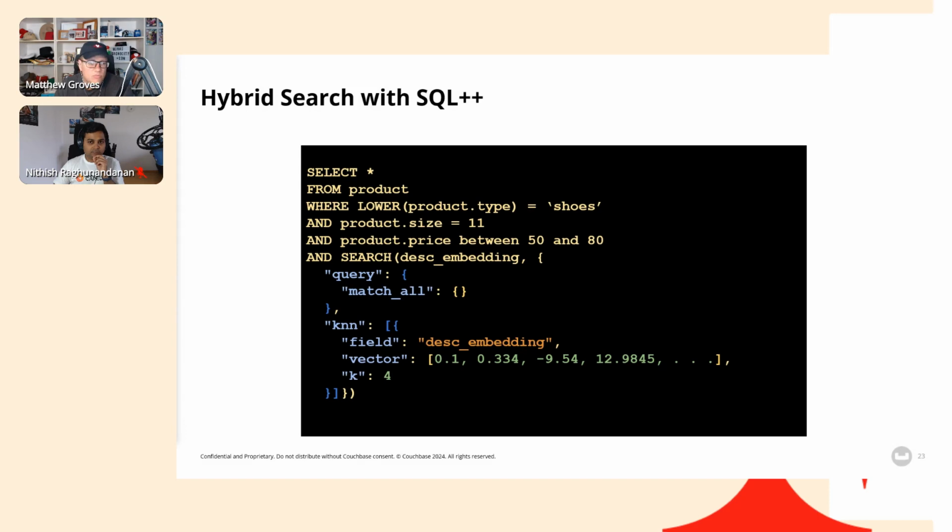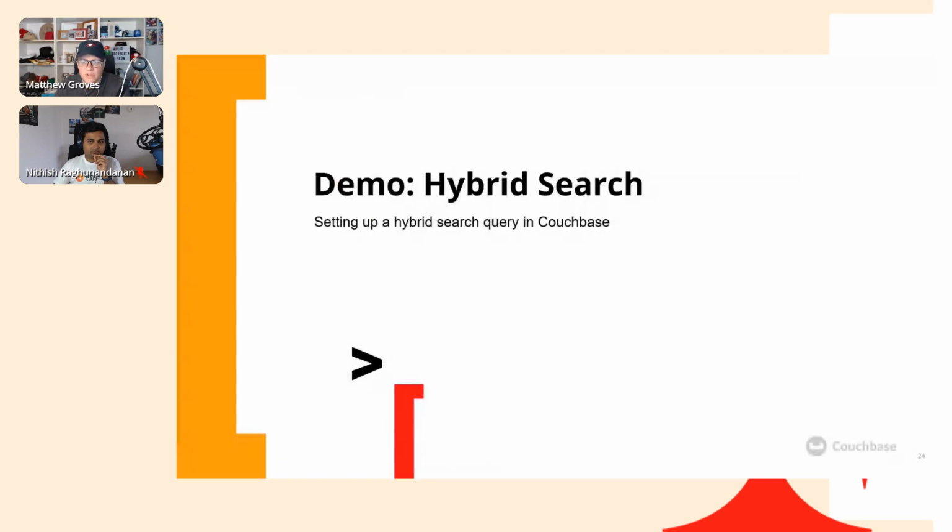So this is one approach you can take to reduce your cost and reduce your complexity: a hybrid search. This is our last demo of the day. We're going to show a hybrid search, which I think will include searching for movies by text that's close in meaning to the movie synopsis, and we're going to add a year range on there with a non-vector predicate to show both kinds of filtering in action. So take it away, Nitish.